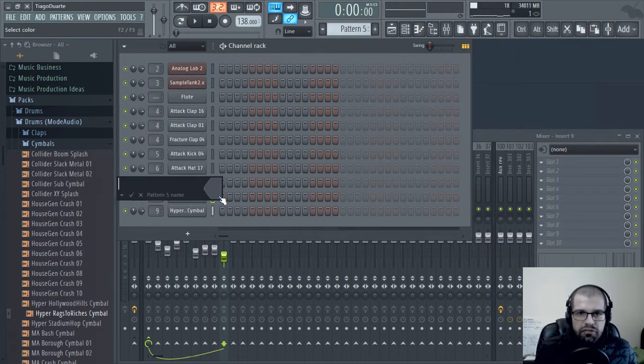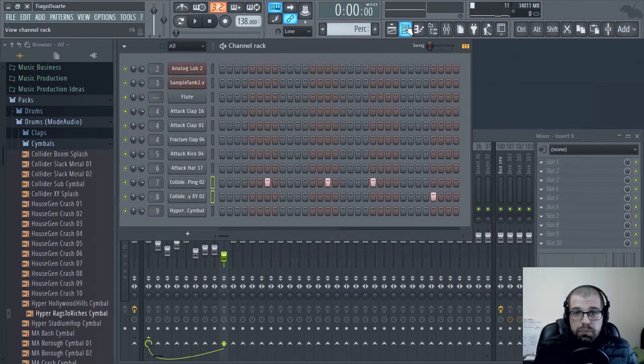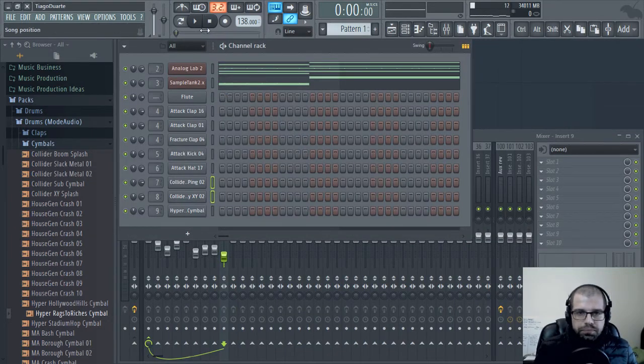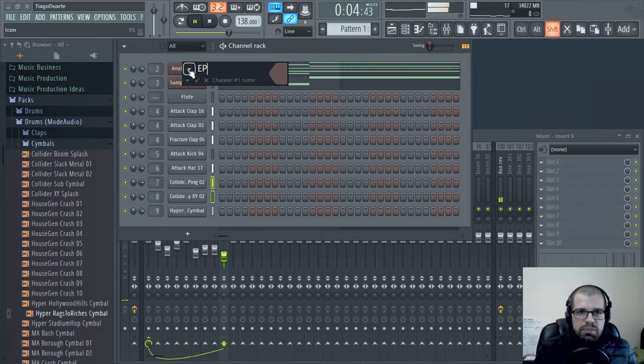Now let's hit F4 to create a new pattern and rename it, and we can call it perc, of percussion. Let's add that to the playlist. And now here we still have one instrument left to finish this beat. So this is E piano, and this is the bass. And also